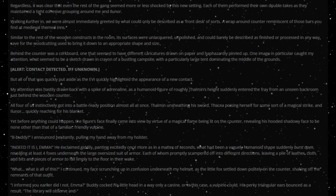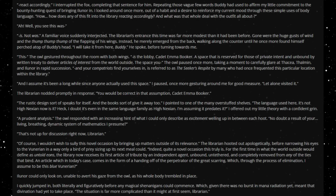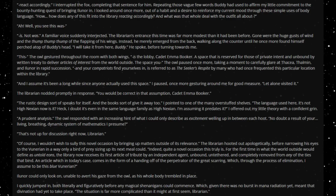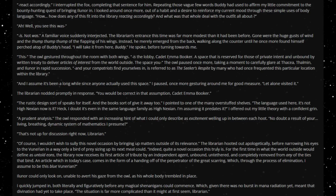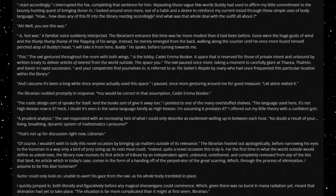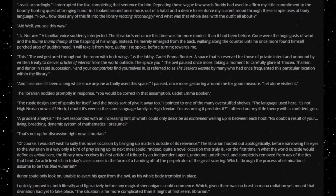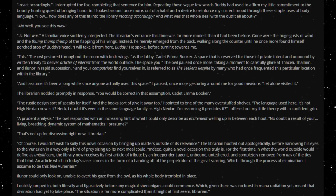"The library will observe and react accordingly," I interrupted the fox, completing that sentence for him. Repeating those vague few words Buddy had used to affirm my little commitment to the bounty-hunting quest of bringing Eleanor in. I looked around once more, out of a habit and a desire to reinforce my current mood through these simple uses of body language. How does any of this fit into the library reacting accordingly? And what was that whole deal with the outfit all about? "Ah, well, you see, this was..."